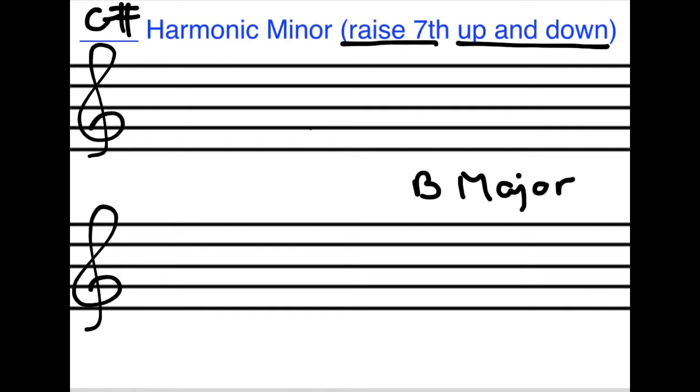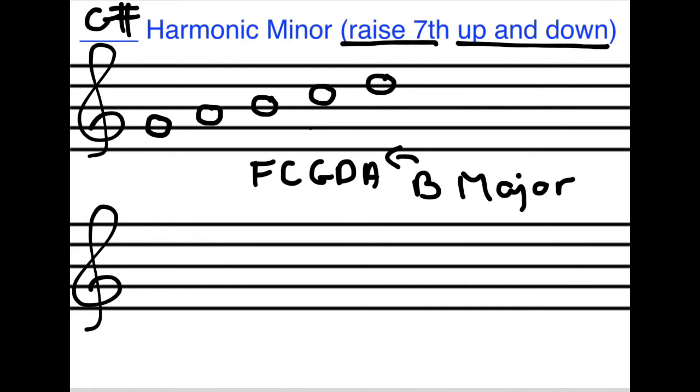So you should know that you're using the sharp rule because it's not B flat major, it's just B major. So count back a letter from B and you get A. So A is the last sharp in B major, and use the sharp rule. Father Christmas Gave Dad An. Okay, so B major has 5 sharps, and G sharp minor is also going to have 5 sharps in its key signature. So draw in your scale going up from G to G, every line and space included,